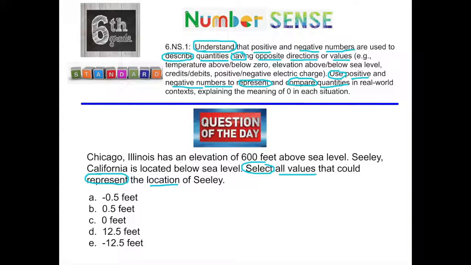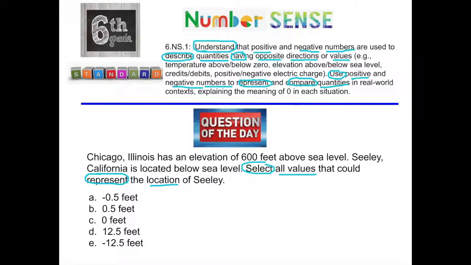Today's standard is number sense. Understand that positive and negative numbers are used to describe quantities having opposite directions or values. For example, temperature above or below zero, elevation above or below sea level, credits or debits, positive and negative electric charge. Use positive and negative numbers to represent and compare quantities in real-world contexts, explaining the meaning of zero in